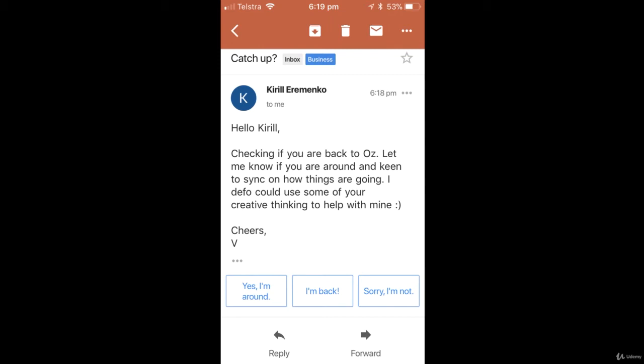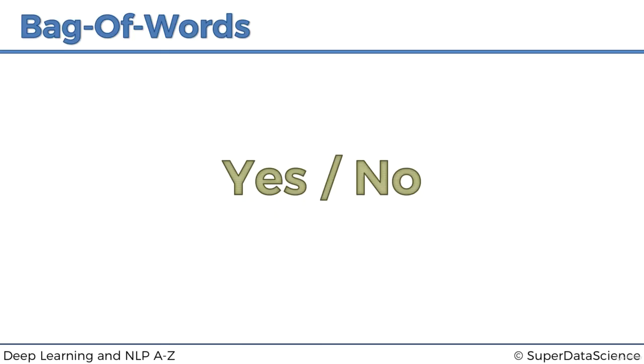So yes, no. Of course, it's better to have a long response, and that's the social norm and the etiquette to converse with people, not just say yes, no. But let's try to get a yes/no response. Let's see how we would go about that, because that's the first step into NLP. And then further on, we will see how we can expand that even more.